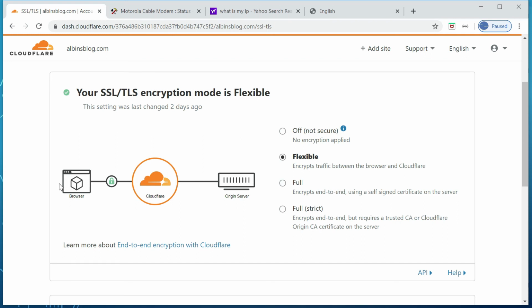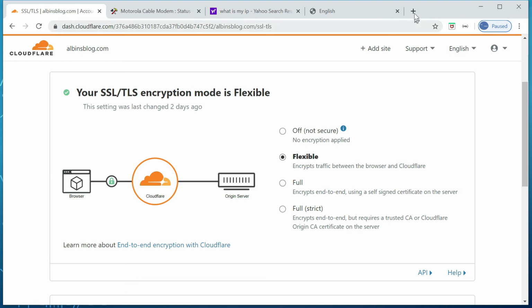So when you access demo.albinsblog.com, from the browser's perspective it is HTTPS, connecting to Cloudflare. Then from Cloudflare to my laptop or my AEM server, it connects via port 80. Then we already have port forwarding configured in the router to forward port 80 to 4503, where my server is running.